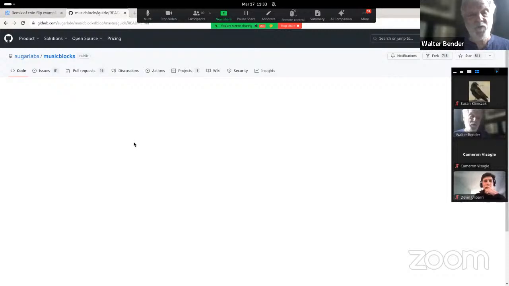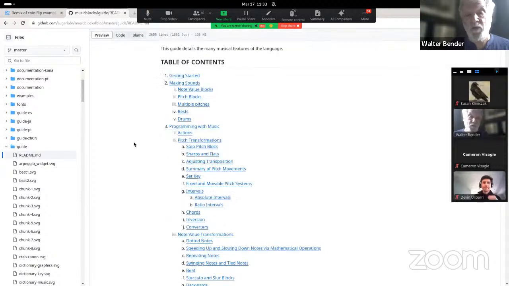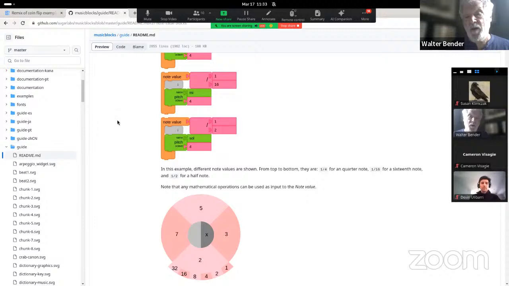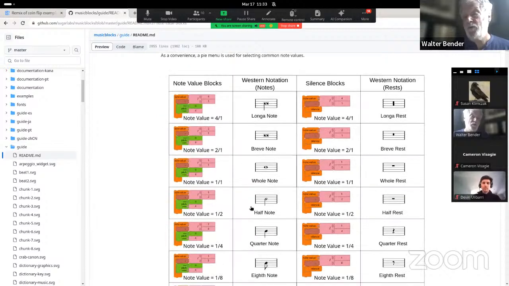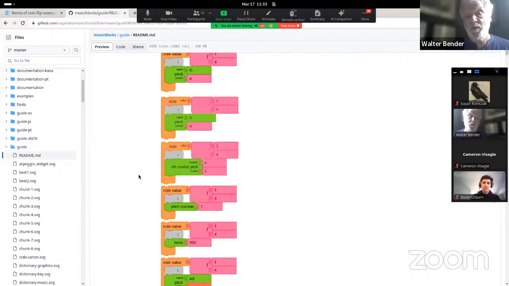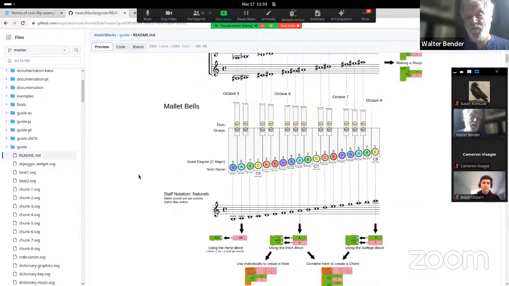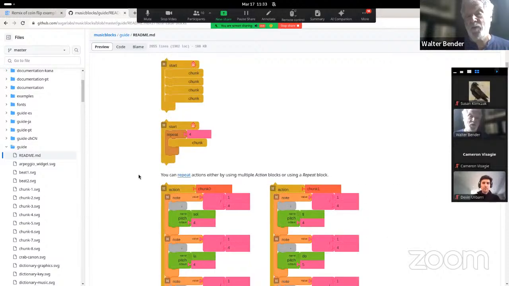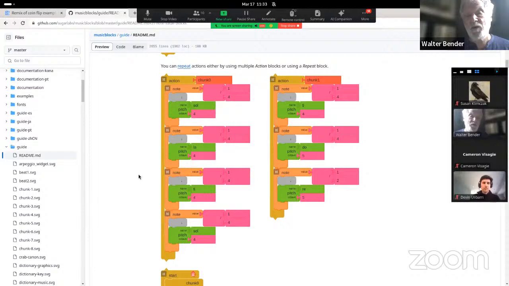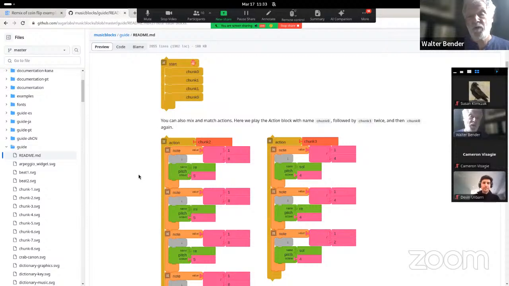The guide is loaded full of stuff. This is all about actually programming with music. It has a whole section on notes and pitches. If we jump into here, it talks about note value, showing you all the equivalents in terms of musical notation of different notes. Then it talks about all this stuff. There's lots and lots of stuff. And then it goes into lots of different examples. This is an example of using actions for phrases and combining phrases in different ways,